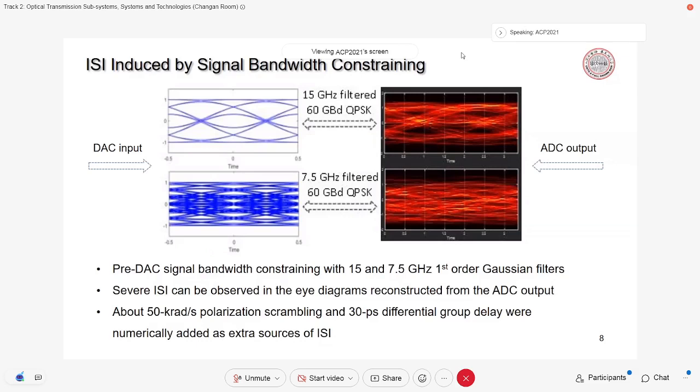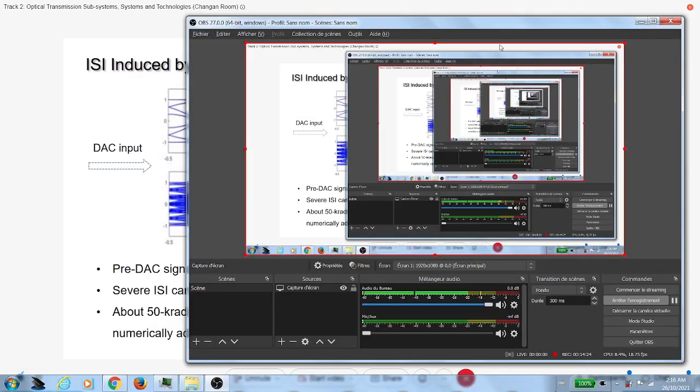Of course, that will introduce ISI. This is the basic idea. I have ISI, but the bandwidth will be narrower, and the DAC can do its job. And the ISI will be compensated at the receiver side. So I don't have to go to high order modulation. Like if I do symbol by symbol detection, I can go from QPSK to 16 QAM, 64 QAM, but all just one symbol, right? Here, I have a base QPSK, and I have